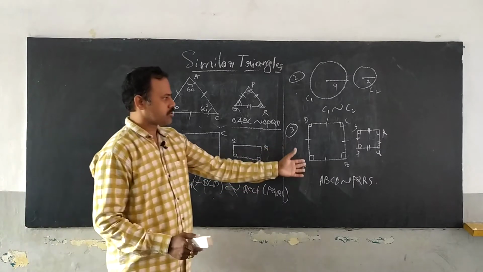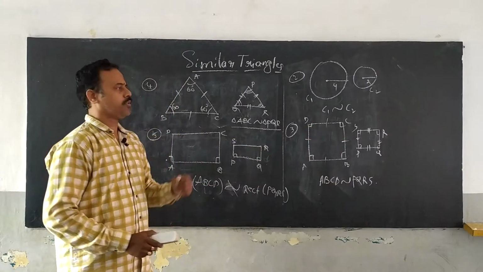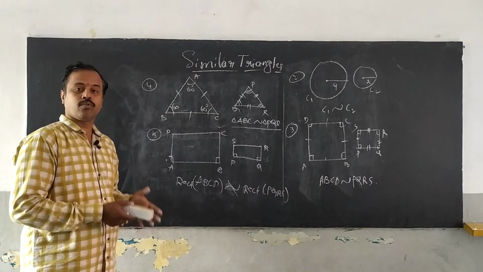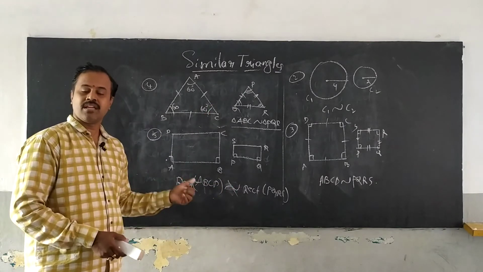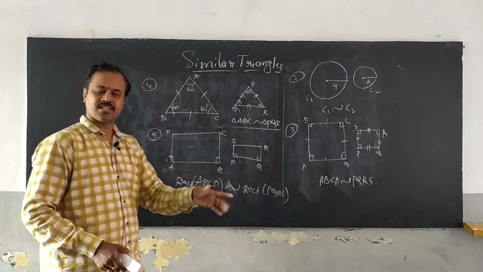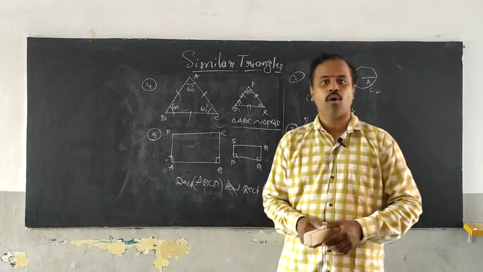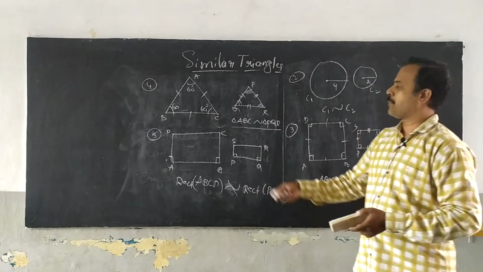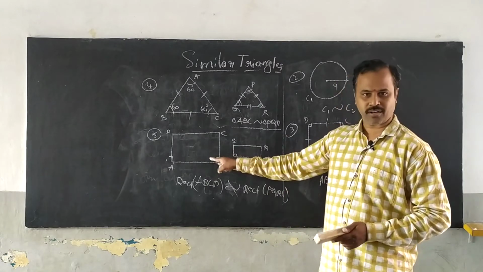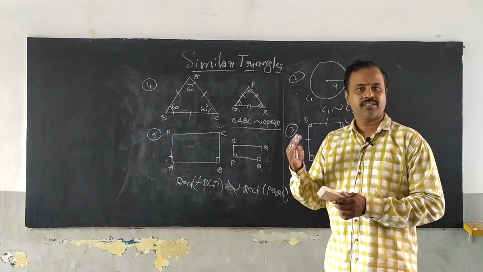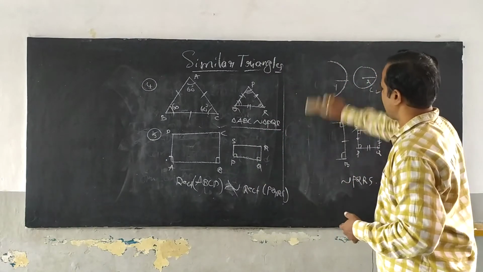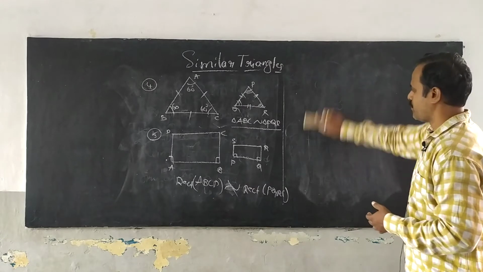We are saying that two squares having the same shape are similar. We are saying two equilateral triangles having the same shape are similar. But why don't we say that two rectangles having the same shape are similar? This gives us a chance of having a definition of similar polygons. So this is a polygon. A polygon is nothing but a shape having 3 or more than 3 sides. Right. Now we go to the definition of similar polygons.